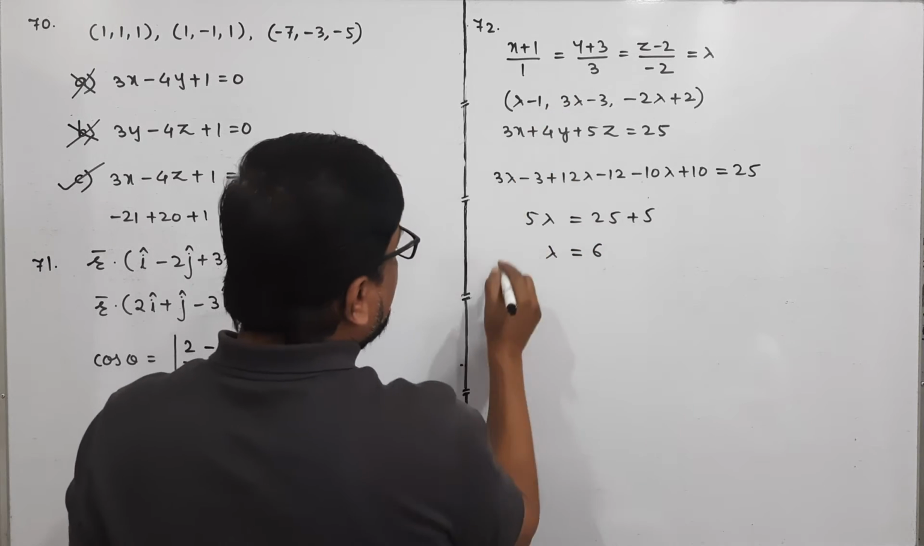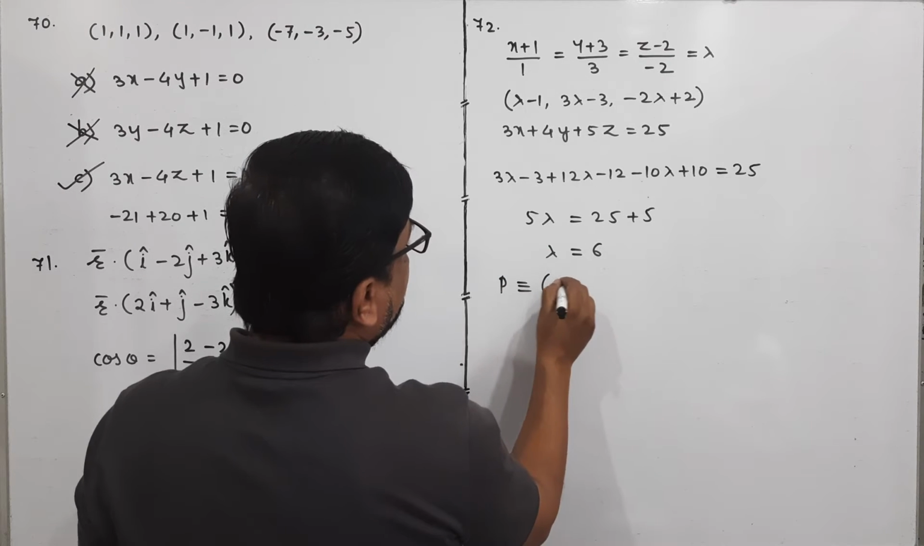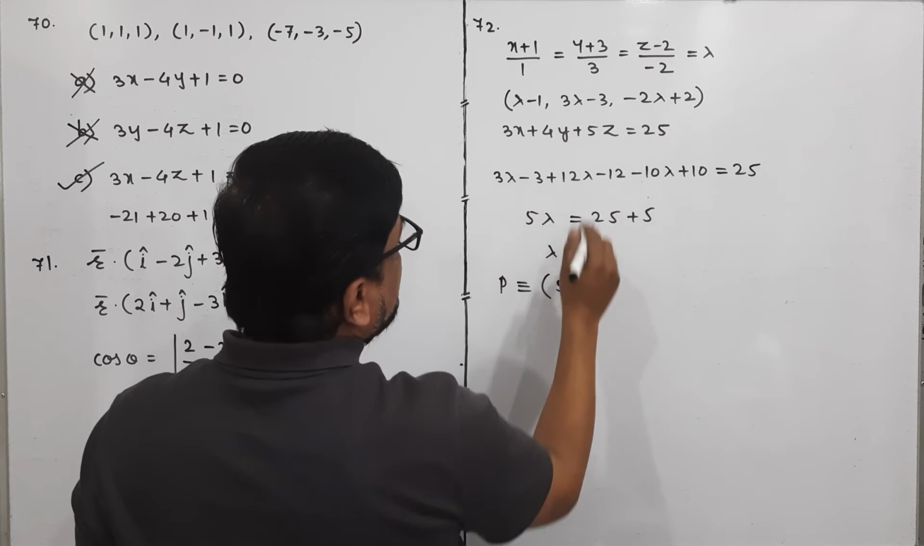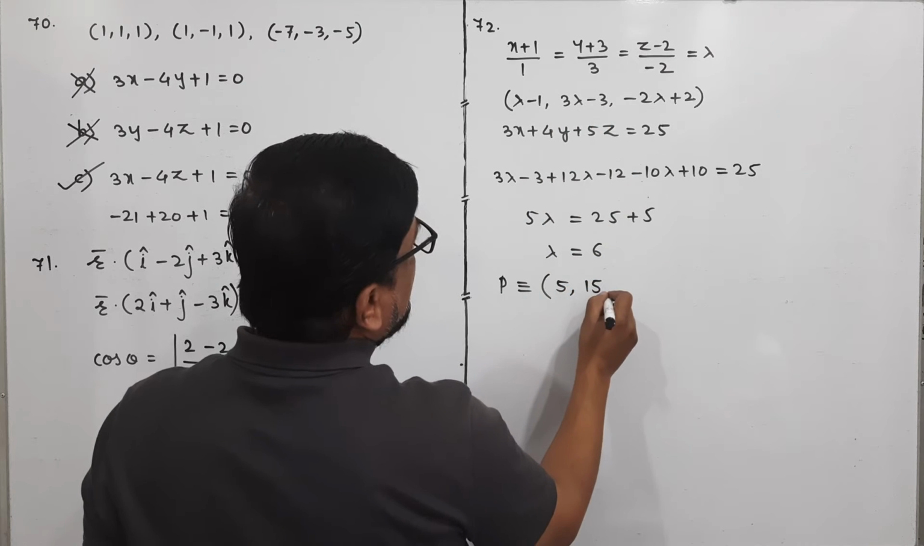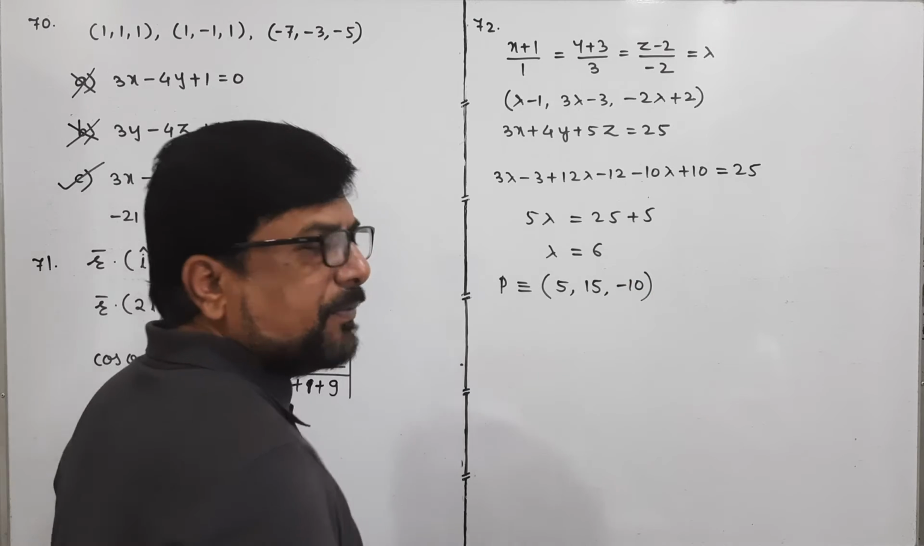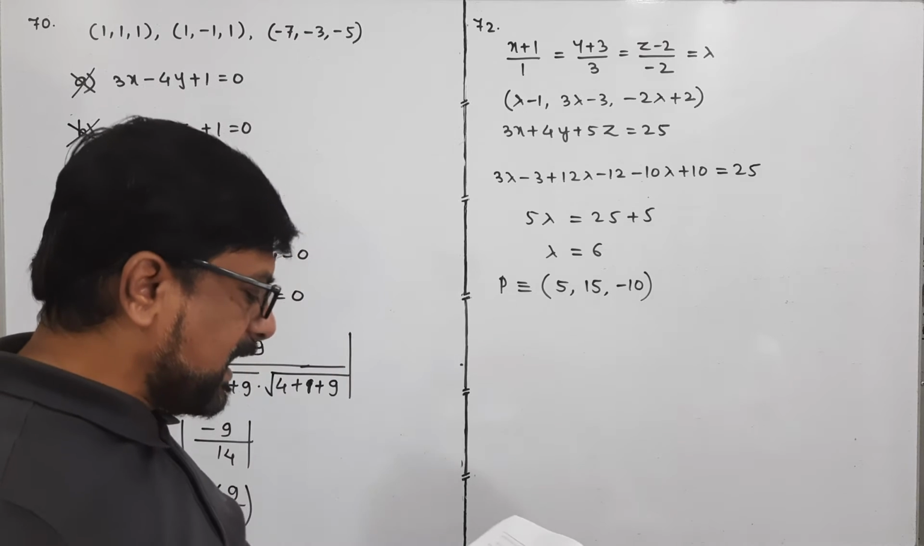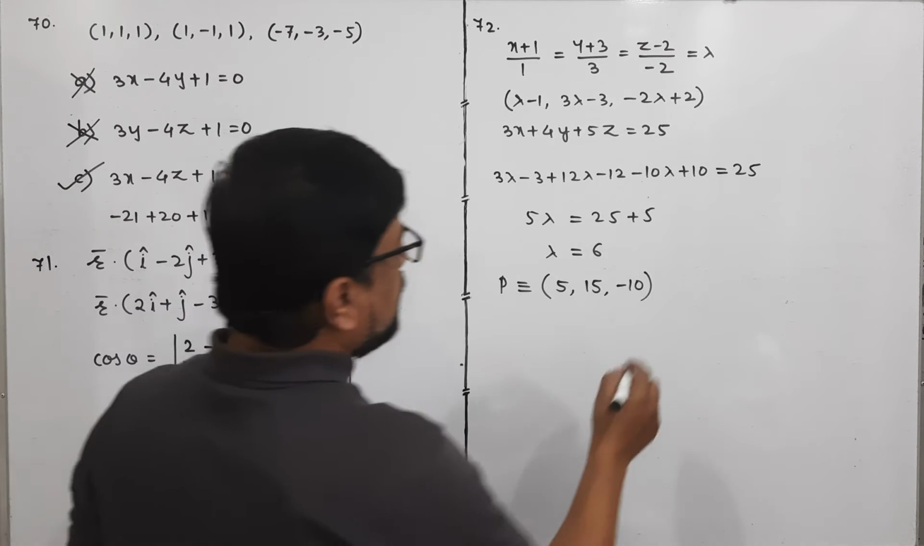लैम्बडा की वैल्यू 6 आई तो पॉइंट के कोऑर्डिनेट क्या आएंगे देखिए, देयरफॉर पॉइंट हैज कोऑर्डिनेट 6 minus 1 is 5, 18 minus 3 is 15 and minus 12 plus 2 is minus 10। तो 5, 15, minus 10 is the point of intersection of that line and plane। Option B is your correct option।